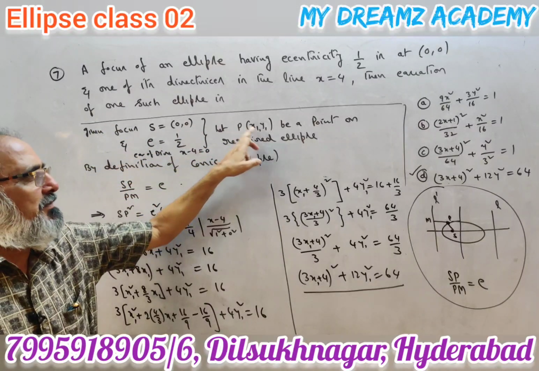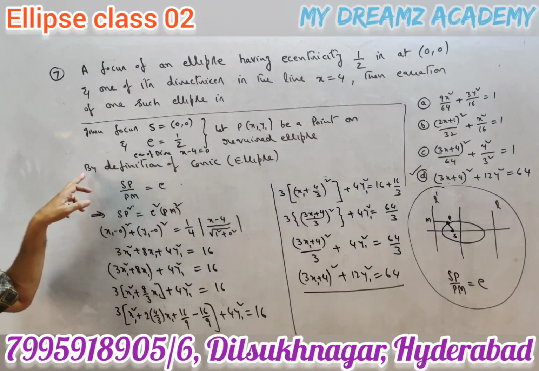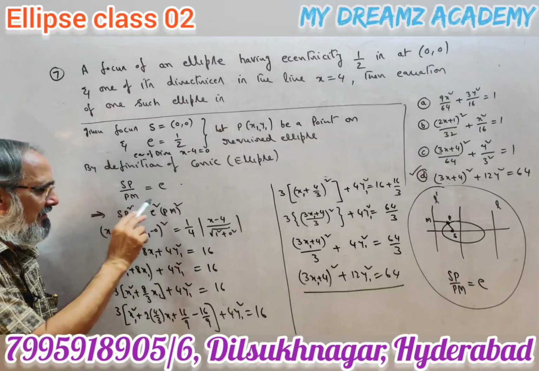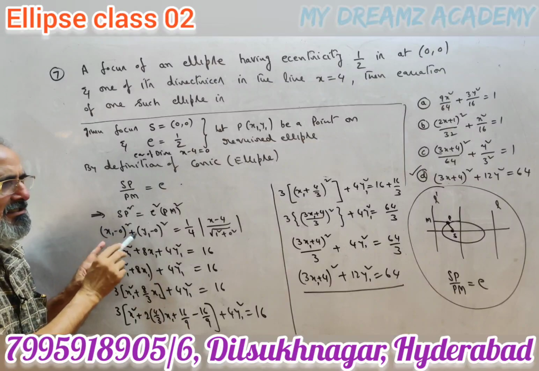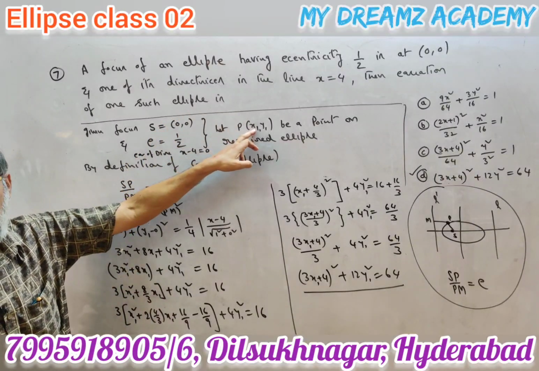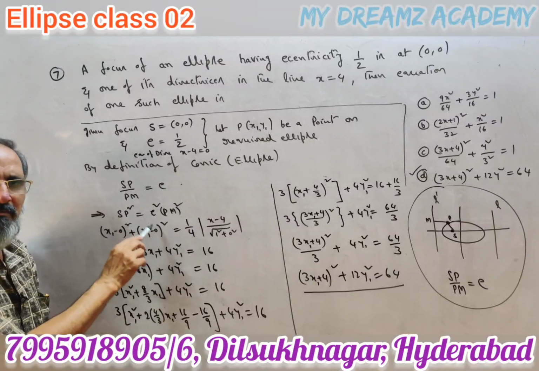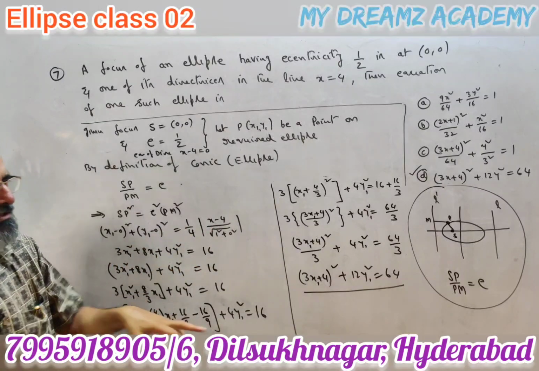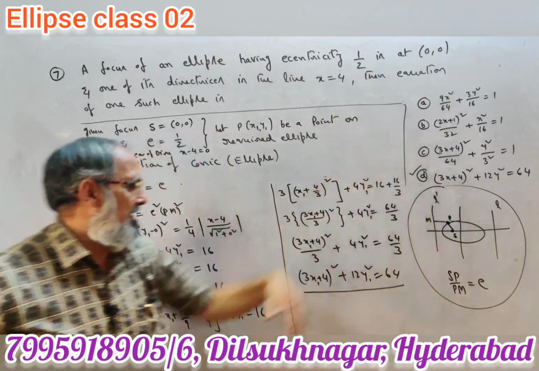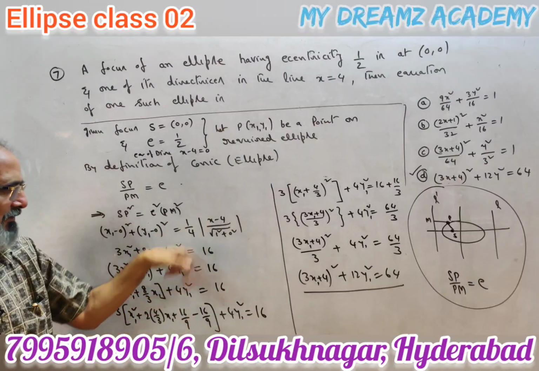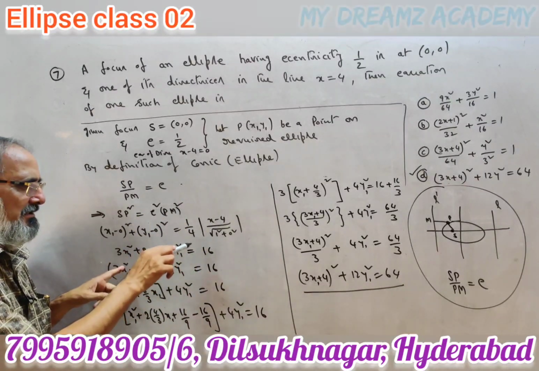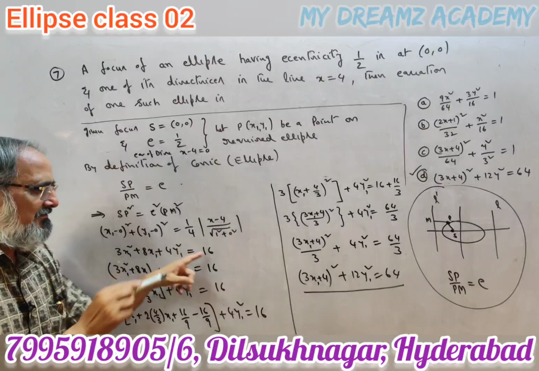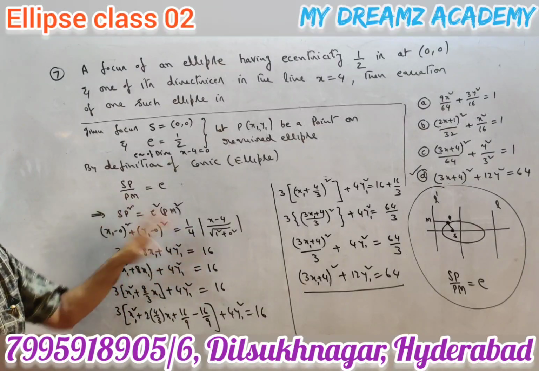So assume a point P(x1, y1) to be a point on the required ellipse such that, by the definition of the conic ellipse, SP by PM equal to e, so SP square equal to e square PM square. SP is the distance between the focus and the assumed point: (x1 minus 0) whole square plus (y1 minus 0) whole square equal to e square, which is 1 by 4 as given. And PM is the perpendicular distance from the point to the directrix, mod of (x1 minus 4). By cross multiplication it comes to